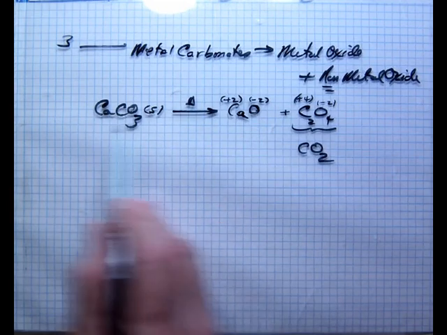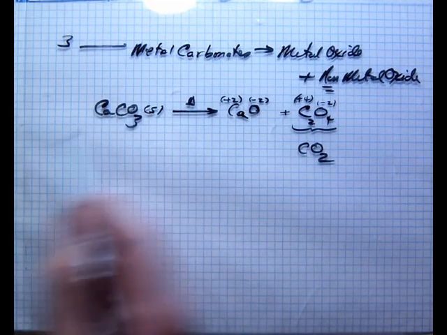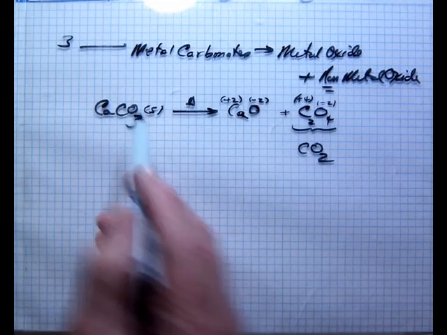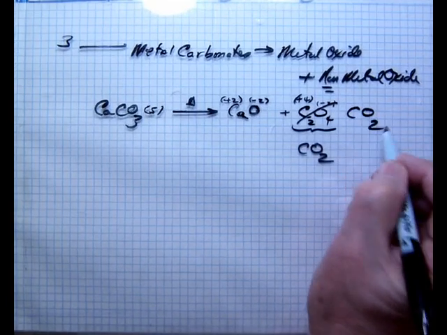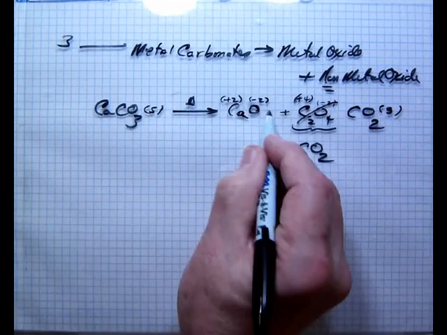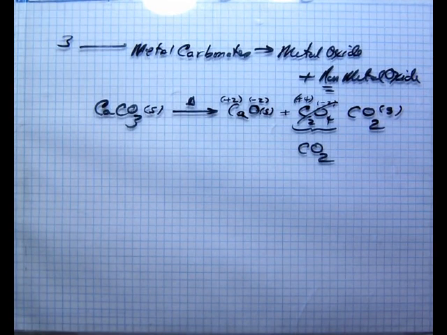You make your calcium oxide. You've used one calcium, one oxide. What's left? One carbon and 2 oxygens. Why don't we just go CO2 out here and make that a gas? And this turns out to be a solid. Just drop the oxygen back by 1. This same thing works with